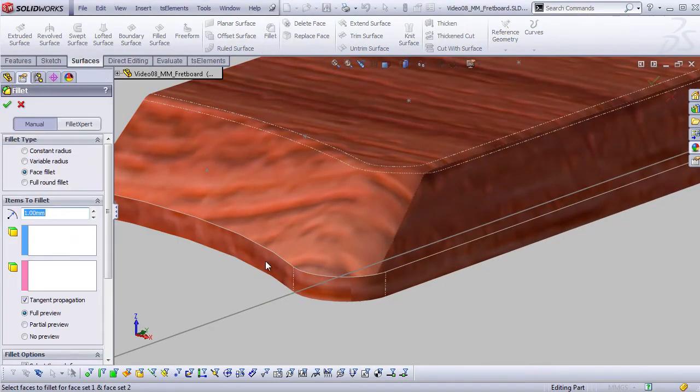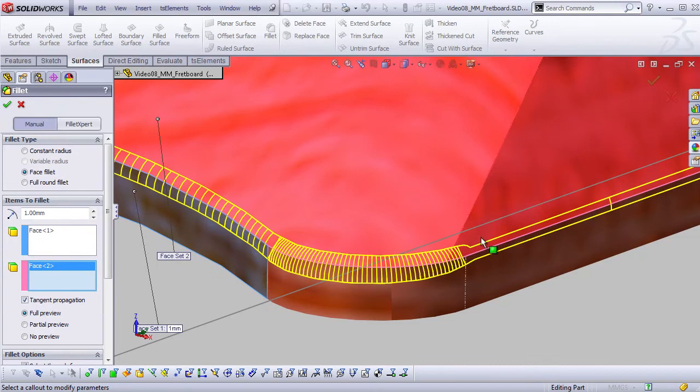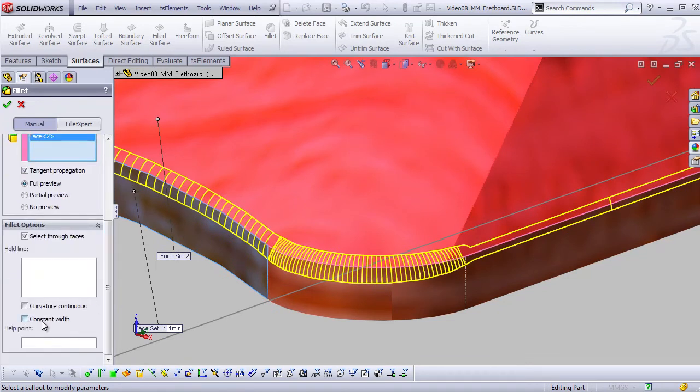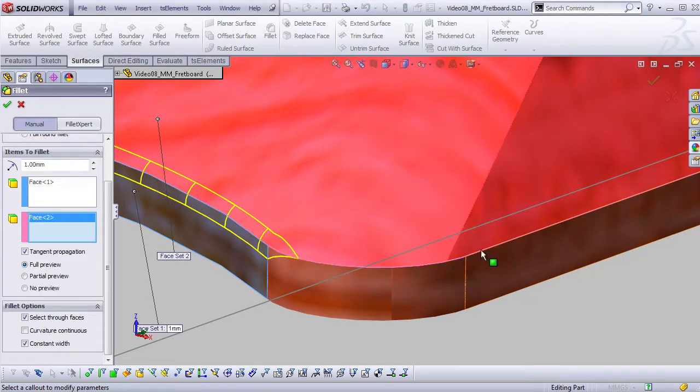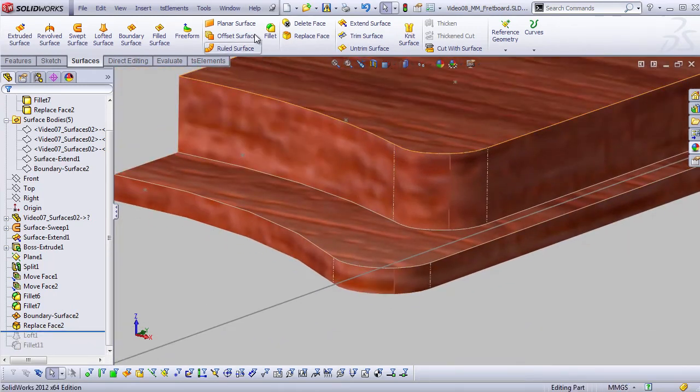And we could do the same exact thing down here. Let's do a face fillet between this face and this face. It's going to go all the way around. Once again, we get this kind of funniness going on. And if we do a constant width, it's probably going to fail because of that discontinuity there. And so what we would do is the exact same thing. We go back in time before the loft, do another boundary surface